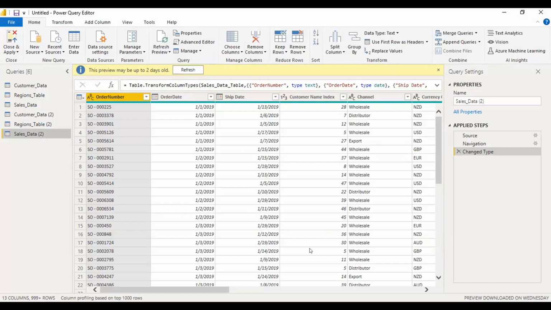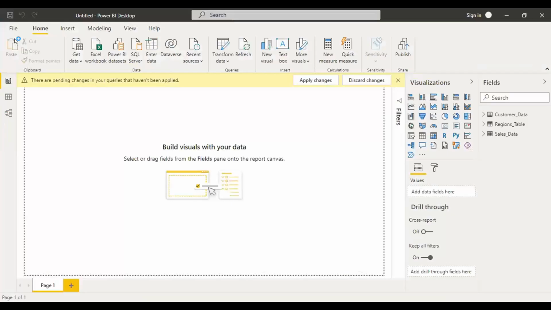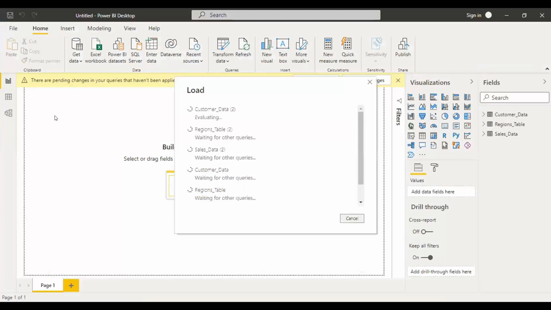So this is the main difference between the load and the data transformation. So after you finish the data transformation, you can close and apply, then it goes to the main screen. So this is how we can show the difference between the load and transformation data in Excel or in any